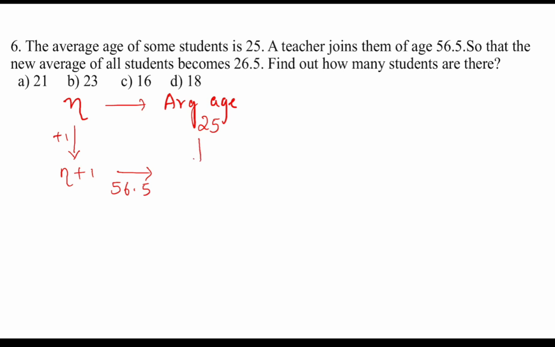The average increases to 26.5. That means it is increasing by 1.5. Find out how many students there are. So n is equal to how much? Next, this n plus 1 I will take as m. Next, we know that the age of the teacher